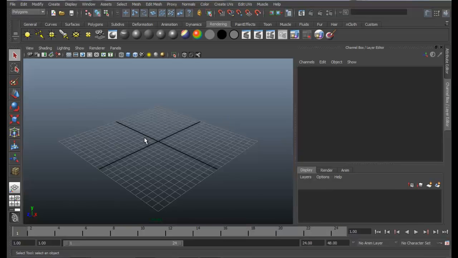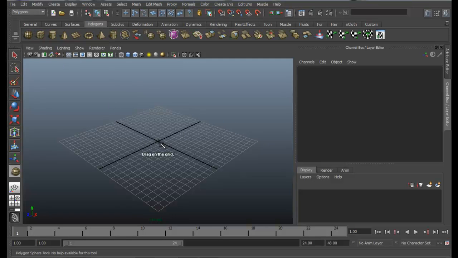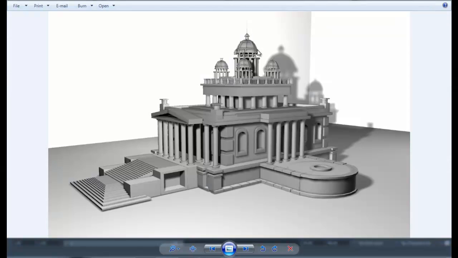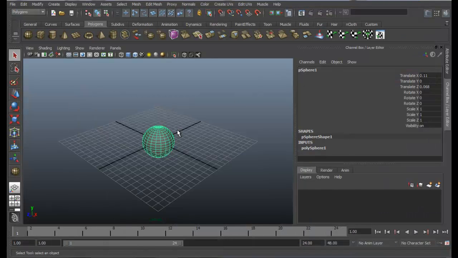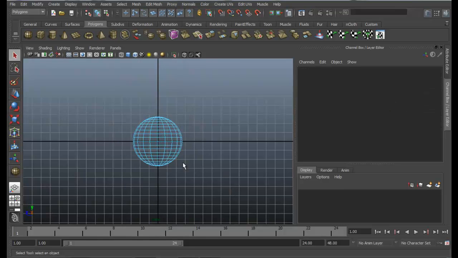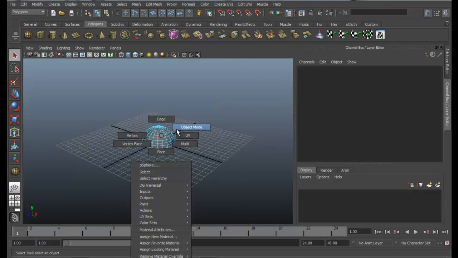Yeah, we'll go and create a sphere at first. So first of all, we are going to create the top part. You will be using very basic techniques, and slowly when we are at the end completing, I'll be using some advanced tips as well. So for now, let's just go to side view and delete half of the faces. Okay, object mode.